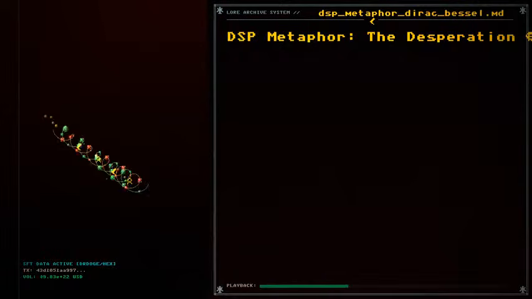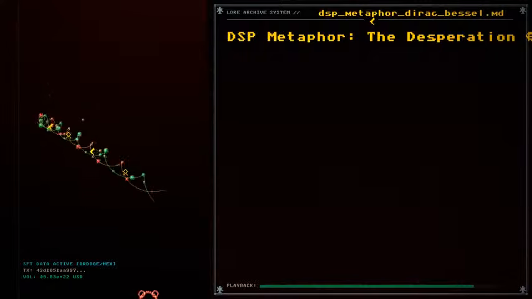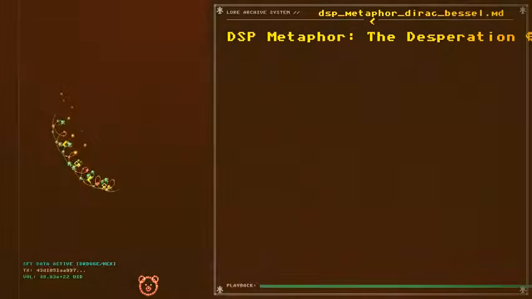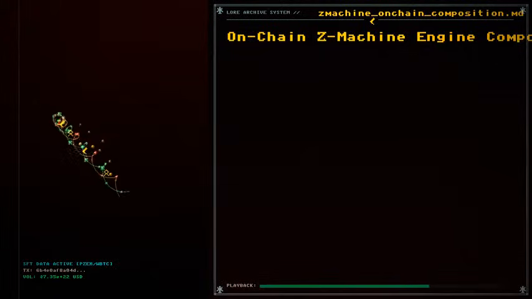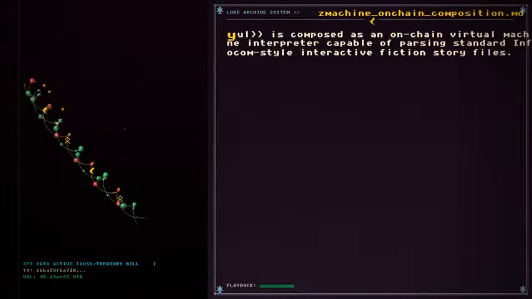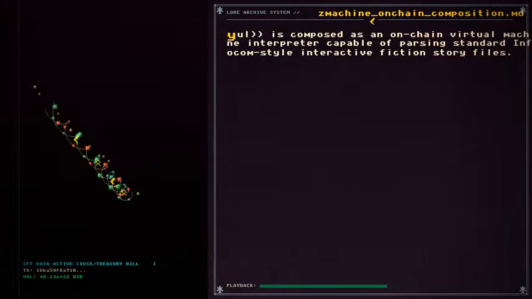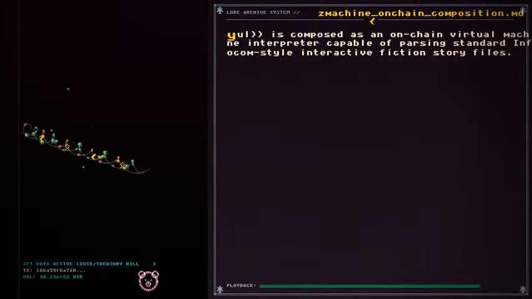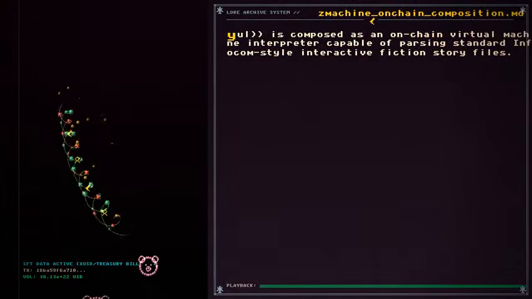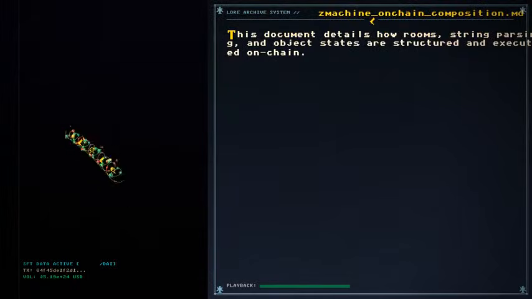DSP metaphor, the desperation and subtlety of Dirac functions at the Bessel limit. On-chain Z machine engine composition. YUL is composed as an on-chain virtual machine interpreter capable of parsing standard Infocom-style interactive fiction story files. This document details how rooms, string